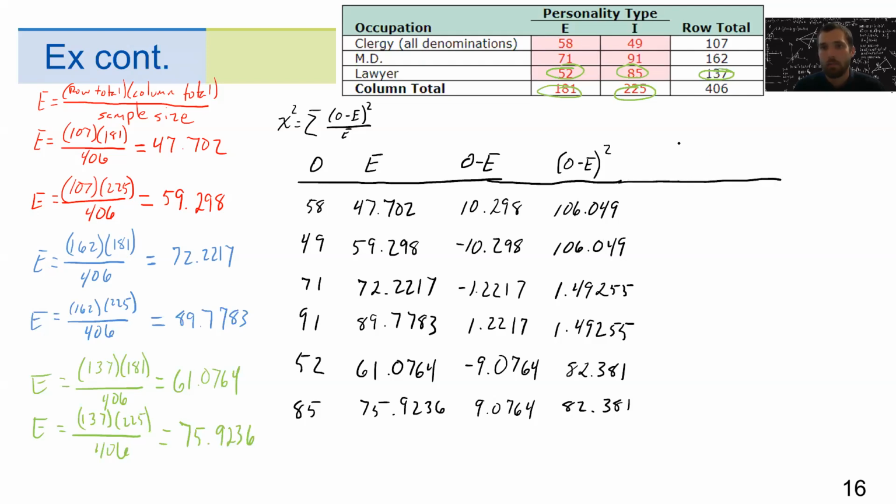Now I keep on moving over here. My final column for my table is going to be O minus E squared divided by E. That way I get this big lump sum for each cell. That's by just taking this number right here, and let me get a highlighter. That's taking this and dividing it by the corresponding 47.702. Just take your calculator, do that divided by 47.702, and I end up with